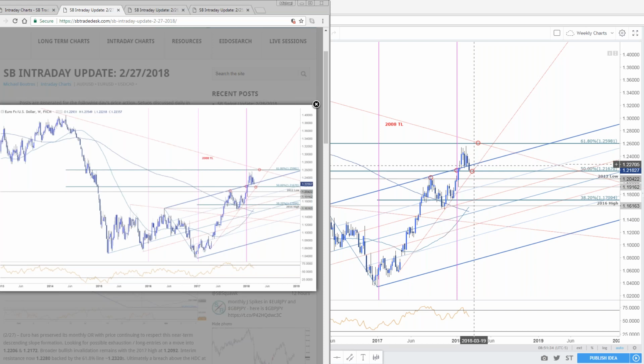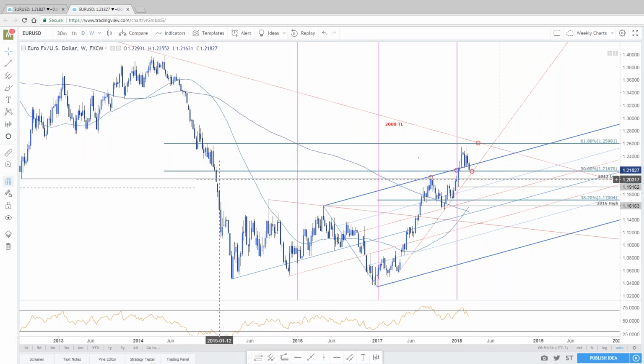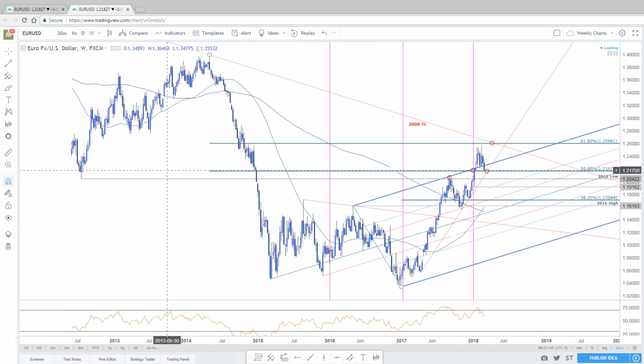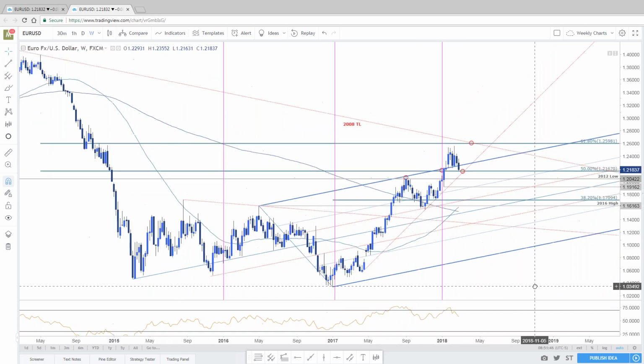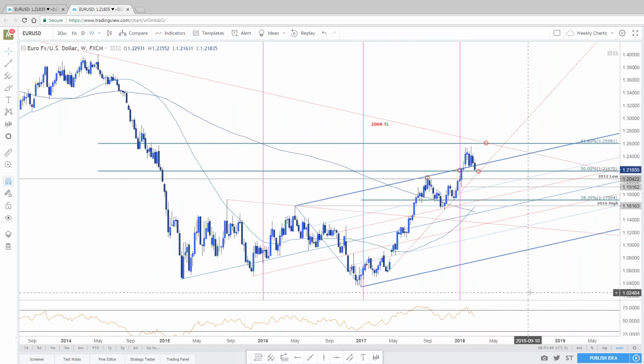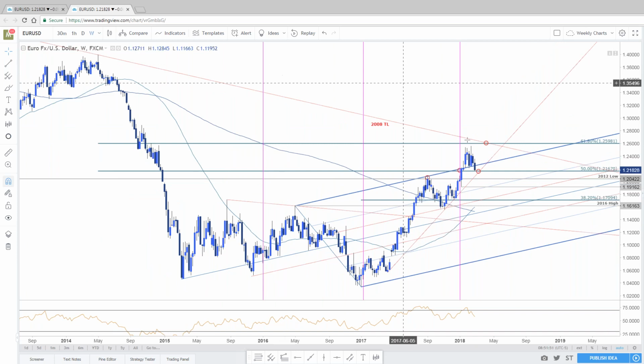Once the break happens, boom, we're right back at the 50% retracement. This is of the entire 2014 decline. Decent pivot in price if you look to the left there. So look. Still think there's some downside to go. You could get a rebound off this region, but even if you do, I still think you look to sell that into a lower low.